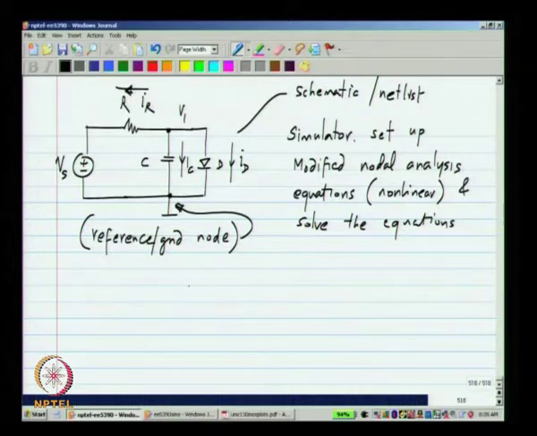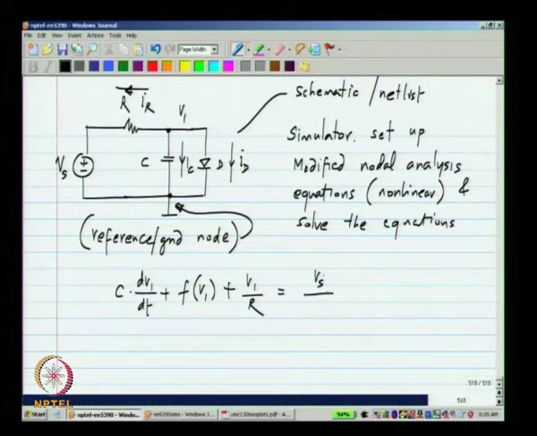The current through the capacitor is C dV1 by dt, plus the current through the diode is some nonlinear function of the voltage V1, plus the current through the resistor is (V1 minus Vs) by R, which is usually written as V1 by R, and the constants are on the right hand side. This is the equation for a very simple circuit. For a more complicated circuit with so many nodes, you will have a number of different equations, and each of them could be nonlinear.